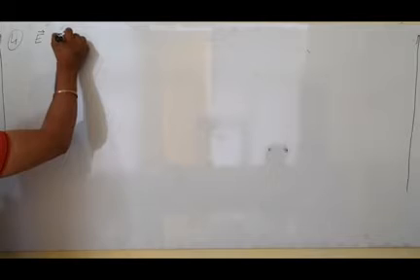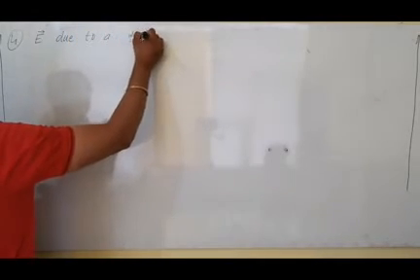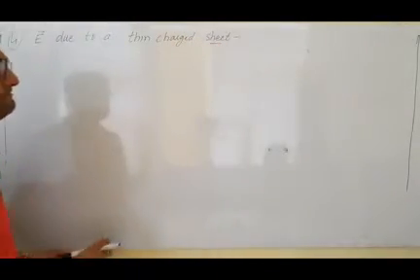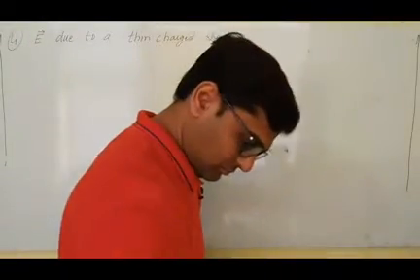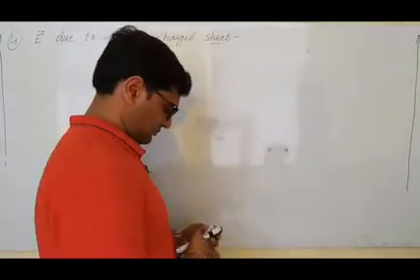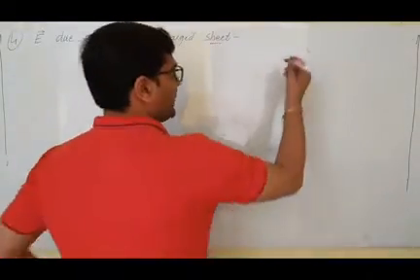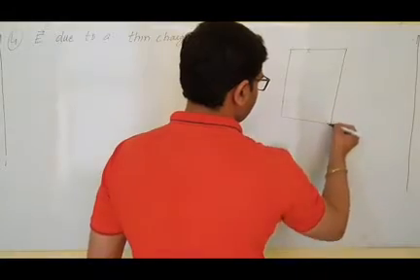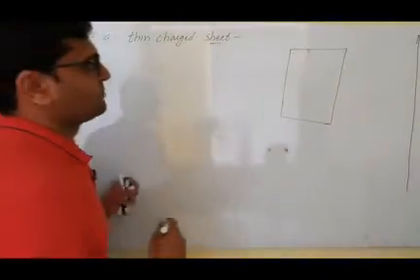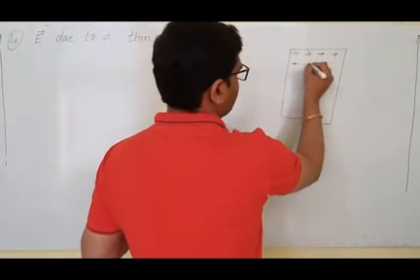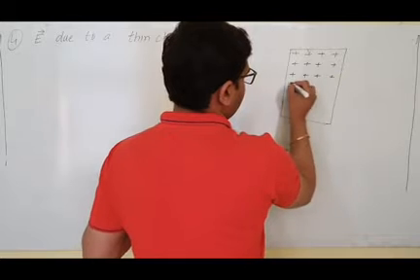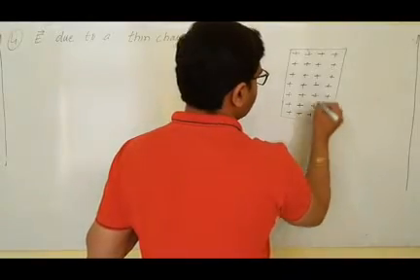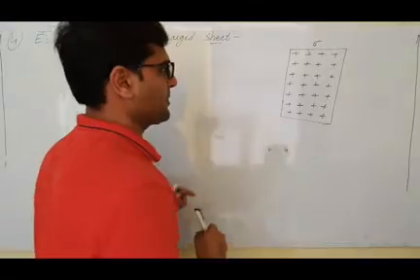Electric field intensity due to a thin charged sheet. Okay, suppose we have a charged sheet of negligible thickness and having plus q charge uniformly distributed over its surface. If sigma is the surface charge density, then